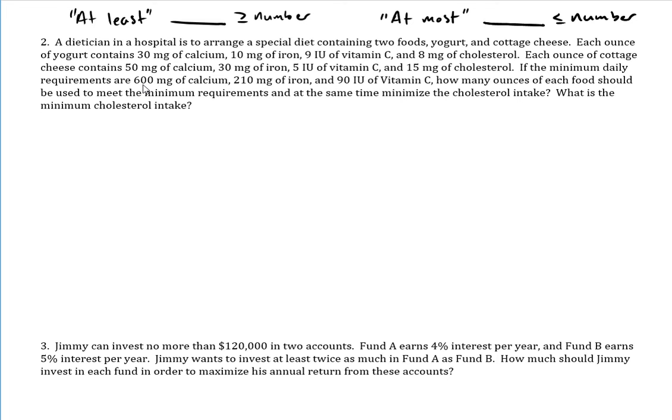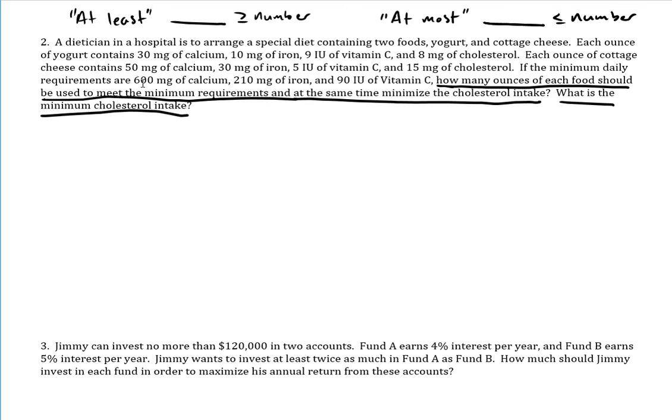Okay, so again, read it as many times as you need to, but I'm now going to start to underline right here because this is where they start to ask the first question. And we can even underline the full last question as well. But in it, it says how many ounces of each food should be used. All right, so they talk about two foods, yogurt and cottage cheese. So it looks like our X, since they wrote about yogurt first, is going to involve yogurt. And they're asking how many ounces, so this is the number of ounces